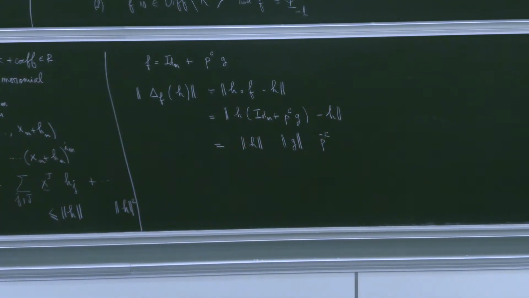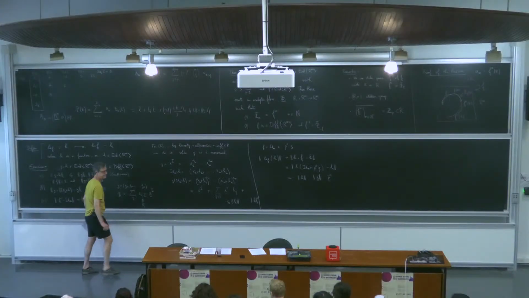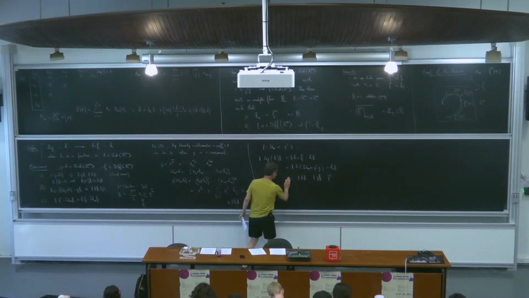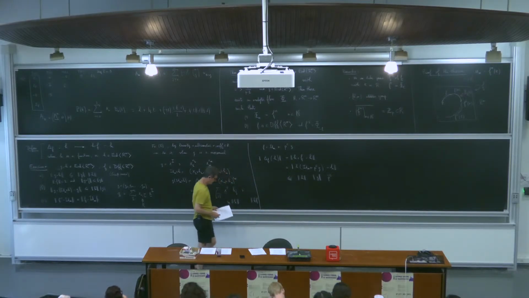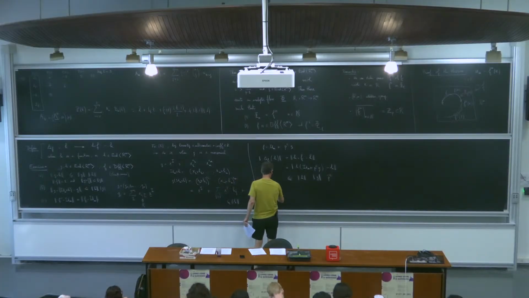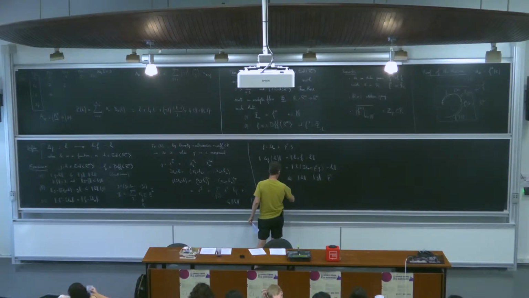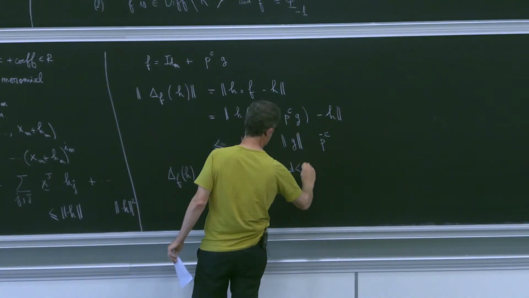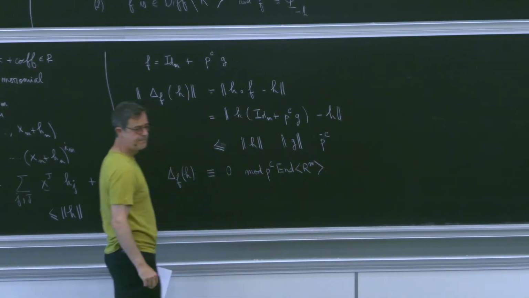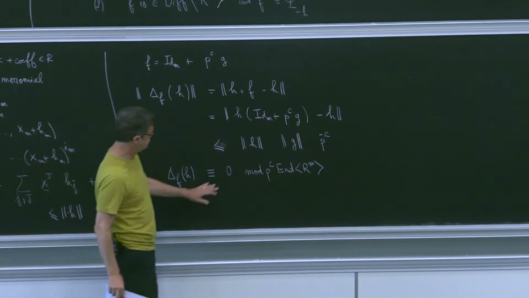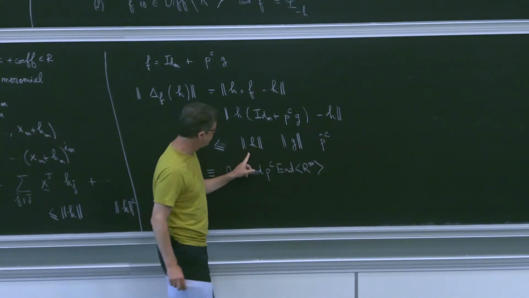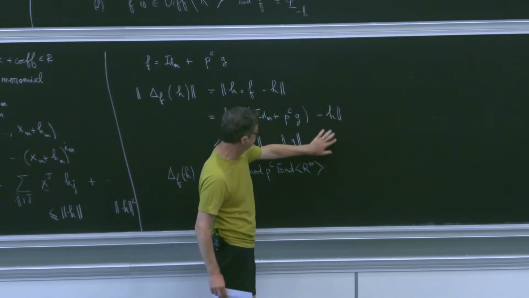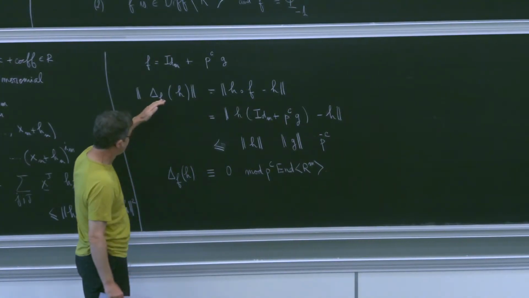Here I should have written g. It's smaller than. I'm just applying this type of thing. So let me write it like that. But what is important is this times p to the minus c. So when I iterate,